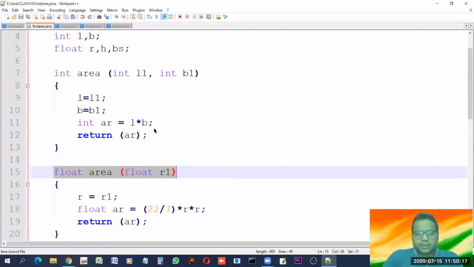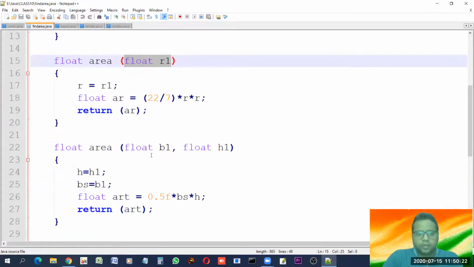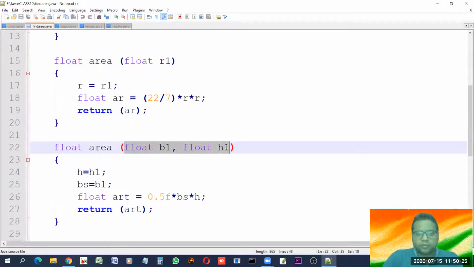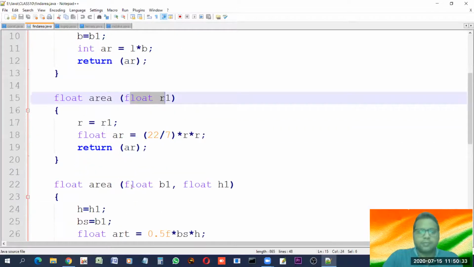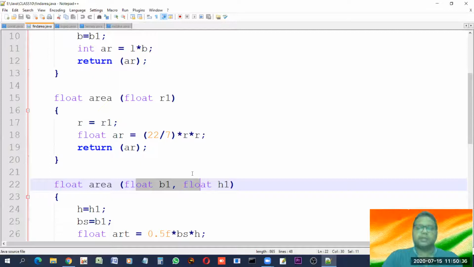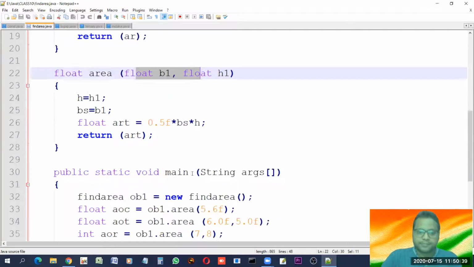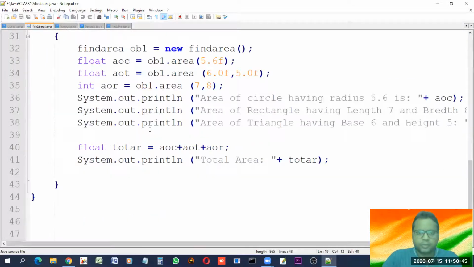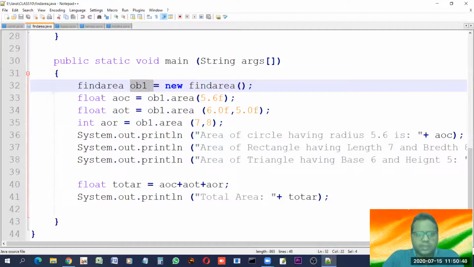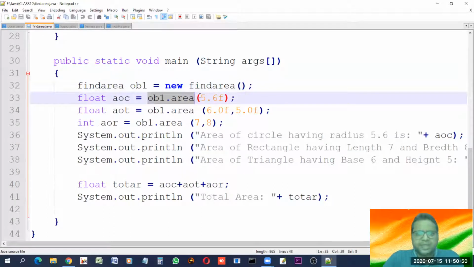Look at this. This is totally different from that. This is designed to accept only a float, one parameter, one argument. Whereas this is for float type parameters. So there is a difference in the argument list or return type, which decides which function to call in which situation. Now, don't worry about what is happening inside, or you may watch the previous video, but see here. An object is made. Now see, as per the data provided, the relevant function will be automatically called.